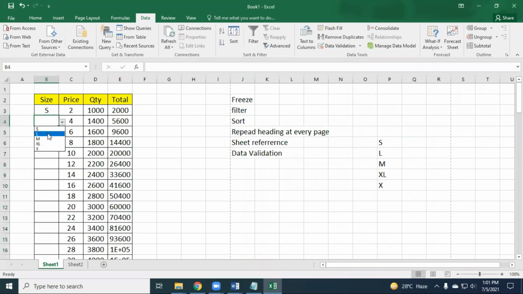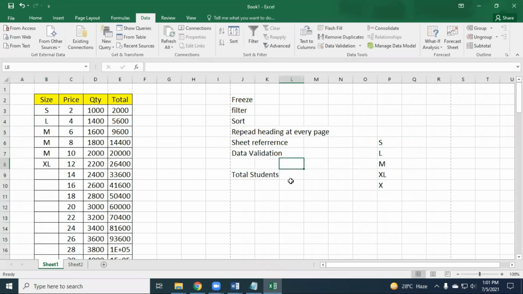Now see, whenever the operator clicks on the cell, automatically you will get a drop-down list. See, this is one option. Moreover, another option is there. See, for example, total students.